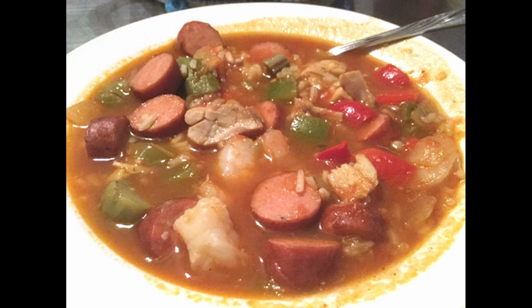So once you add your okra and shrimp, you're going to very gently stir that in, and then you're going to shut the heat off and put the lid on the pan. Let that sit for about 10 minutes or so until the rice has absorbed some juice and you can see that the rice has absorbed juice, but yet you still have a little bit of juice on there. When you're ready to serve